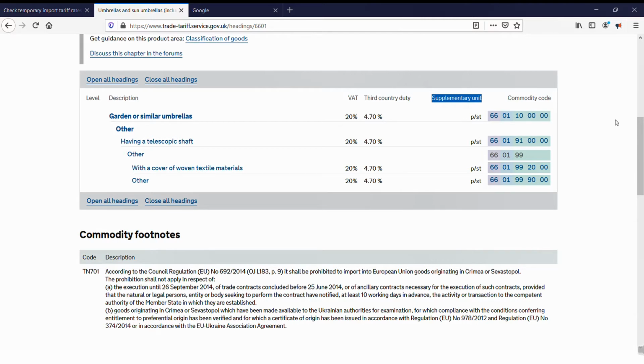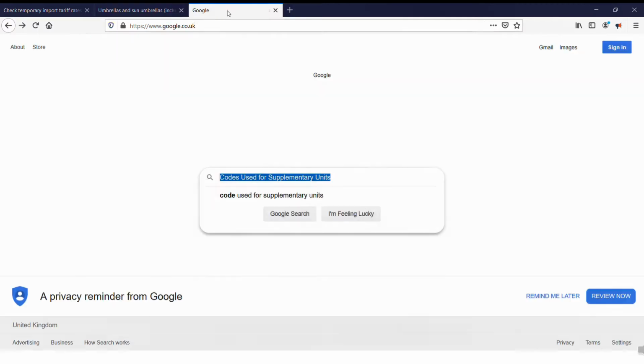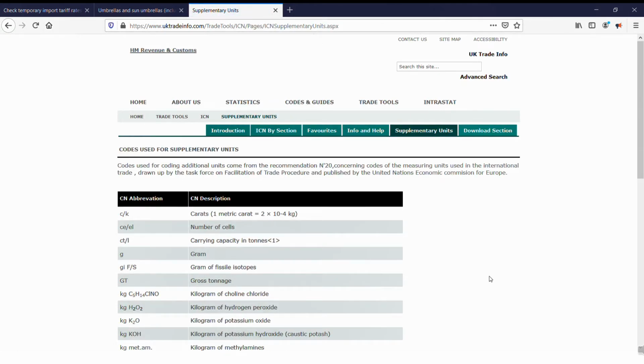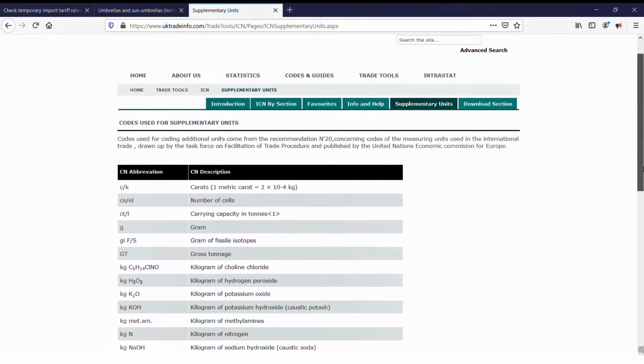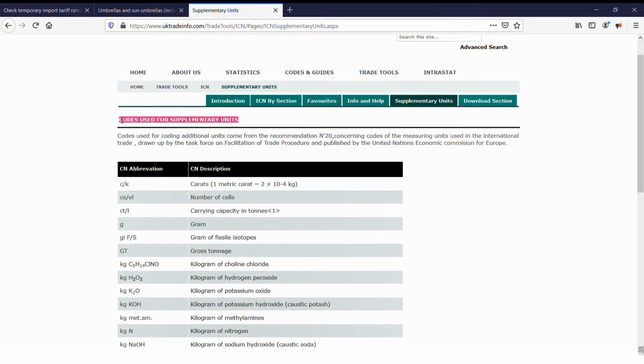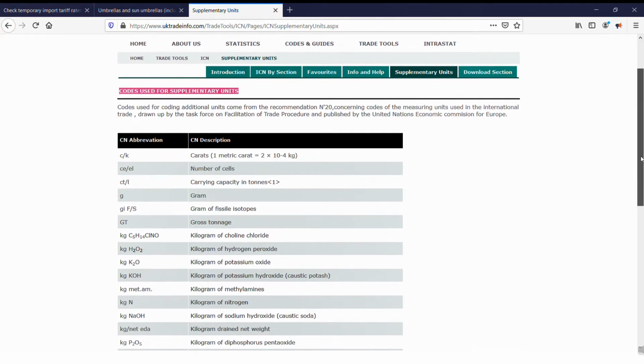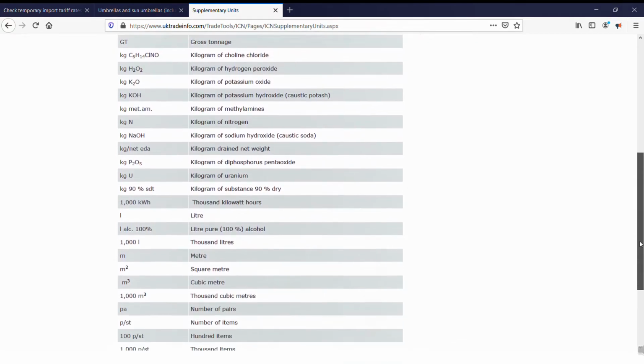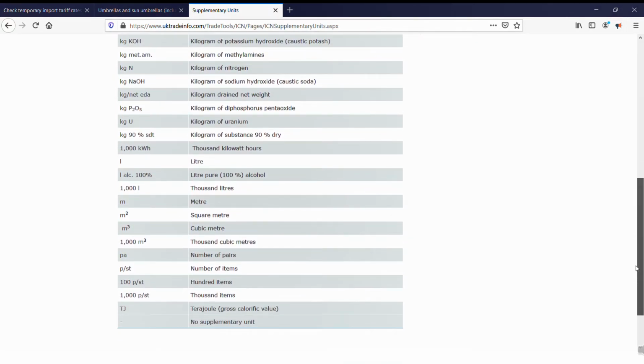Let's take a quick look at that now. HMRC supplementary units. We can go over to the HMRC page called Codes Used for Supplementary Units. Click, and once there. What do we see? C/K is carats. G is gram. Kilograms of different chemicals. Keep scrolling down. Liter. Meter. To me it looks like supplementary units are codes, used in customs declarations, that represent units of measurements,